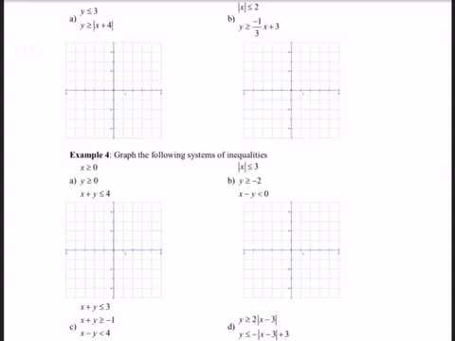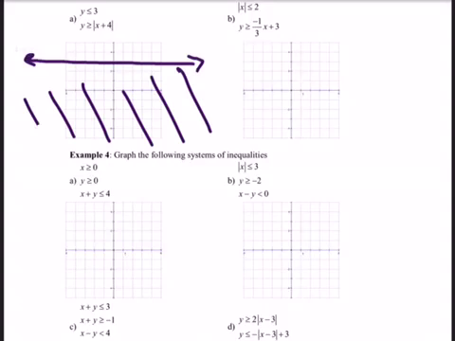Alright, so let's look at a couple that are a little bit more complicated. So we're going to look at y is less than or equal to 3, and then we're going to look at absolute value. So we're going to get some review on absolute value graphs. So the first one, y is less than or equal to 3. That means I have a horizontal line. This one's going to be solid since it's or equal to, and I will shade underneath the line